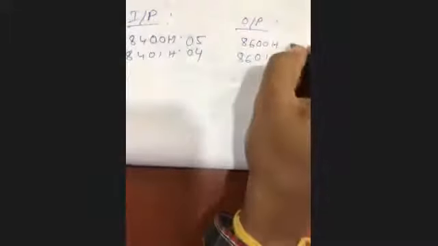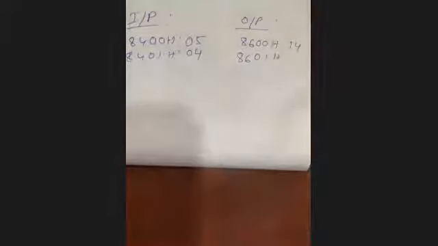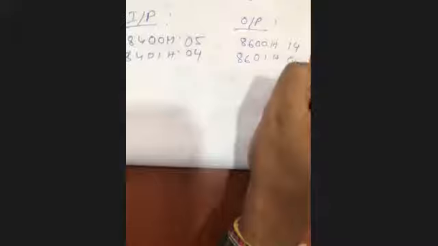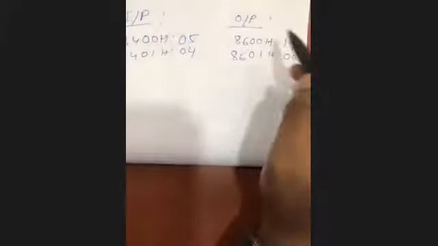So multiply. Say this is 5 and this is 4. If I am multiplying 5 into 4, what is the result? 20. It is 14 in hexadecimal. 5 into 4 equals 20. 20 minus 16 equals 4 and carry 1. Means 20 will be converted into hexadecimal, it will be 14. If there is no carry, then 00. If it is like 114, it will be 01 and 14. Is it clear?